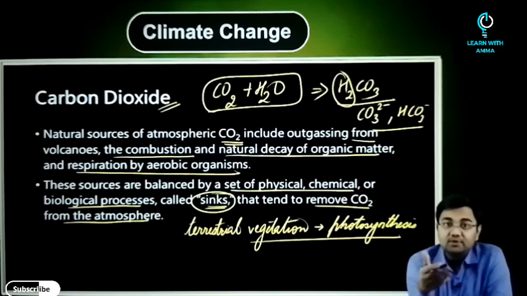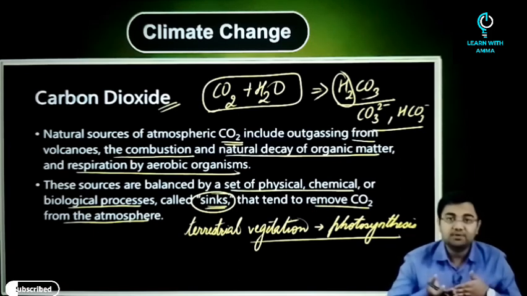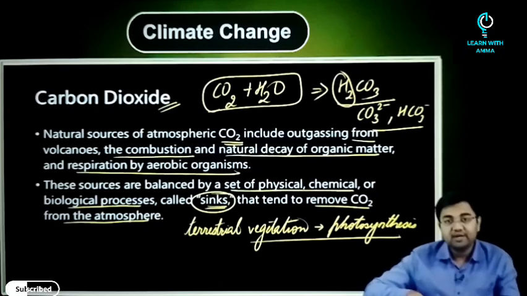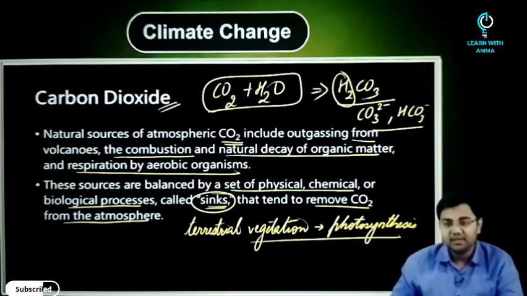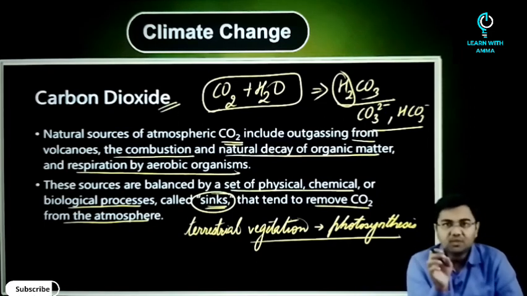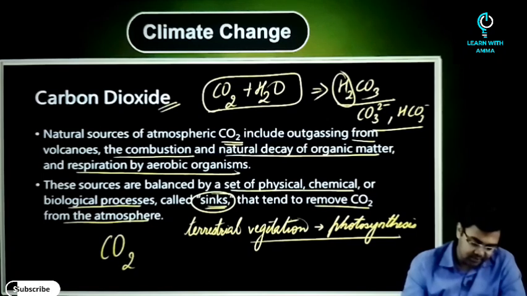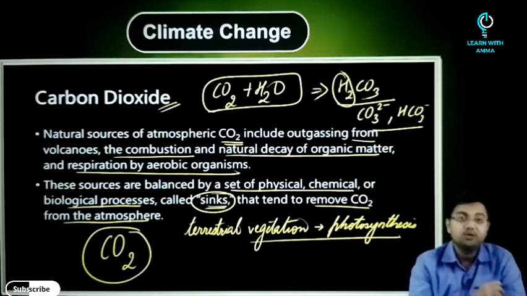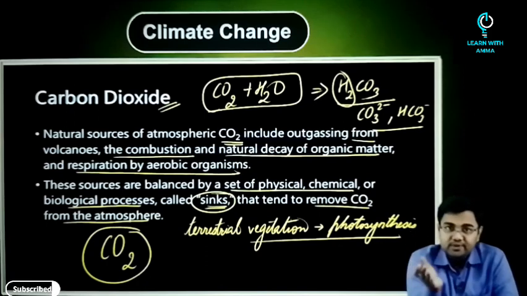Now this is the natural process, but what we do is we have started to take out this fossil fuel, and by taking out this fossil fuel, the carbon dioxide which should have remained packed inside the surface of the earth has come to the surface. The burning of hydrocarbon fuels, or these fossil fuels, becomes the main source of carbon dioxide. Not only carbon dioxide but also water vapor comes out by the burning of fossil fuels.